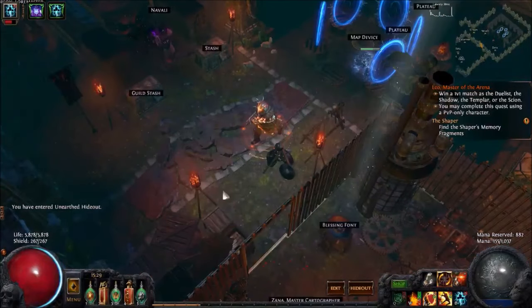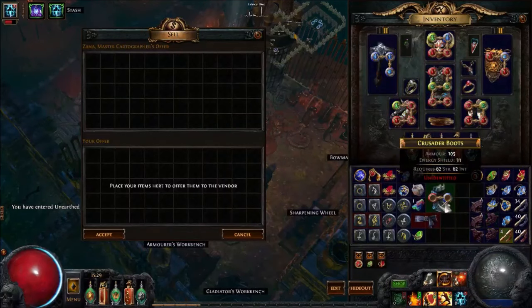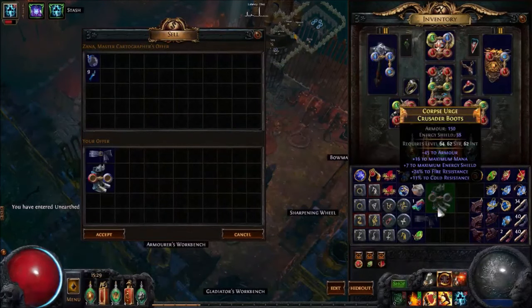And that is the map. Now, it's important to note that this build performs a lot better